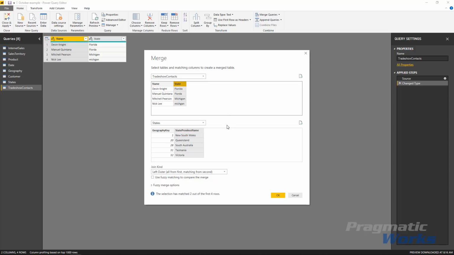And when we select those two, you can see on the bottom that it was able to find a match for 2 of the 4, not surprisingly, because one has a lowercase and the other was just outright misspelled. But we now have the ability to use, as you mentioned, the fuzzy matching comparison here. So if we use that fuzzy matching to compare the merge, what it will do is